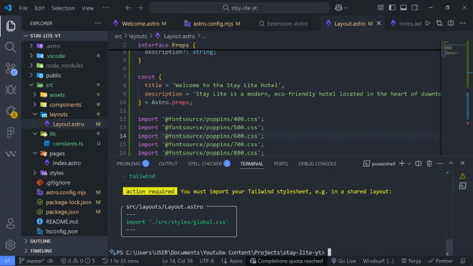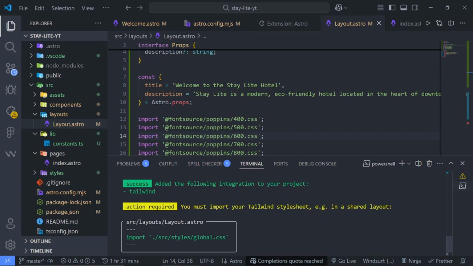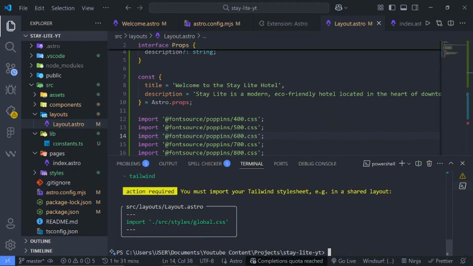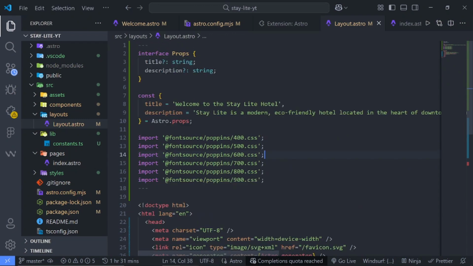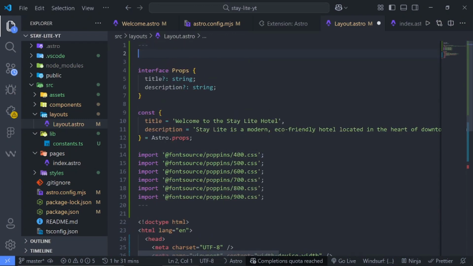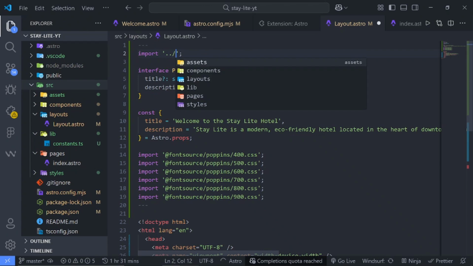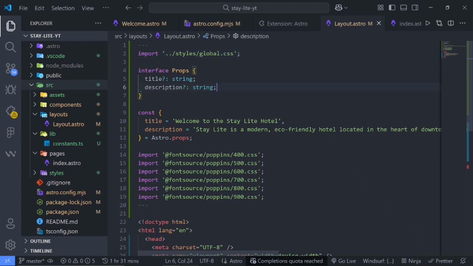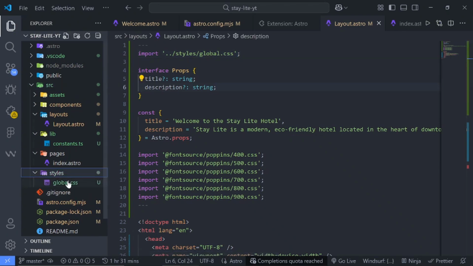And before we clear our screen, you can see that the action that is required is that we must import the Tailwind style sheet in our layout file. So let me just copy this here and clear our screen. And since we're on our layout file, we'll just paste this like so, and I will save the file. So we can still restructure this to be much more better. So we can say dot dot, go up one level, then we'll go to styles and global.css. All right, so now we have Tailwind